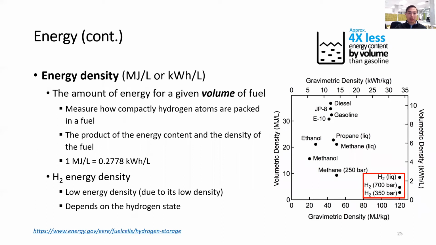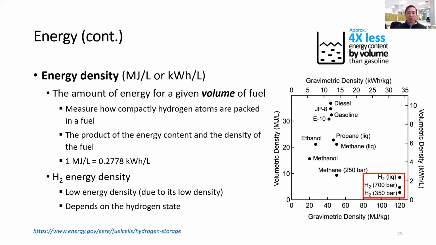So the second type of energy I want to mention here is the energy density, or how much energy you can acquire from a volume of fuel, in this case, a volume of hydrogen. And when talking about the energy density, the situation actually reverses, right? So the hydrogen energy density is actually lower compared to other fuel.